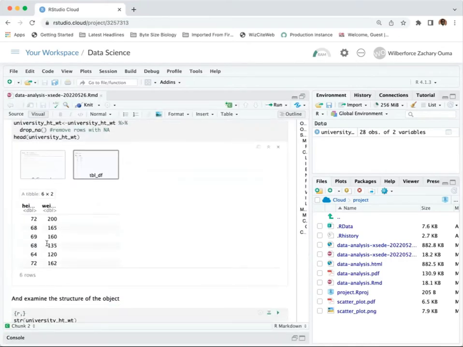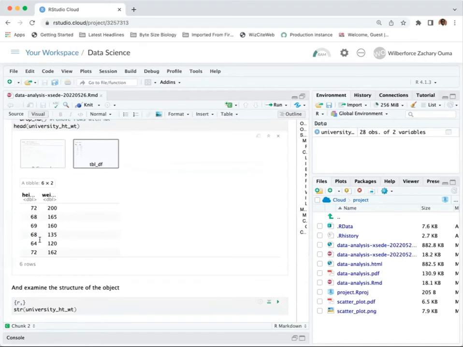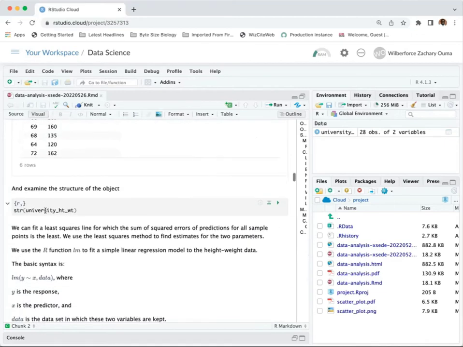So we have height and weight. It's head, so it's only going to show us the first 6 lines, and each row is actually an observation of height and weight. We can also examine the structure of the object, and this function is actually very helpful,